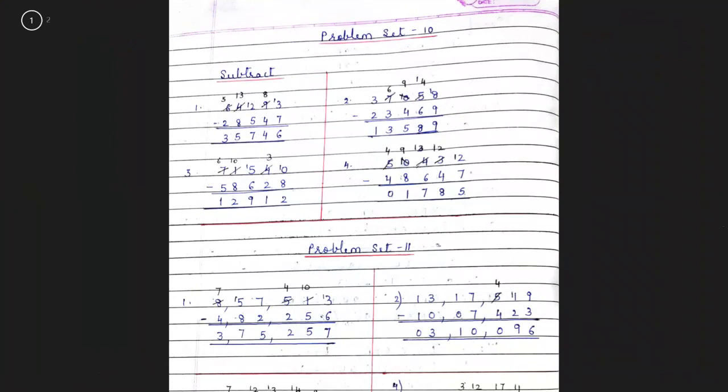Okay, now first question, 64,293 minus 28,547. Now from the units place, when you start subtracting 3 minus 7, 3 is a smaller number than 7, and since you cannot subtract, you borrow a number from the tens place, that is from 9. So when you borrow one number from 9, 3 becomes 13. This 9, since it has given a number, 9 minus 1, it becomes 8.